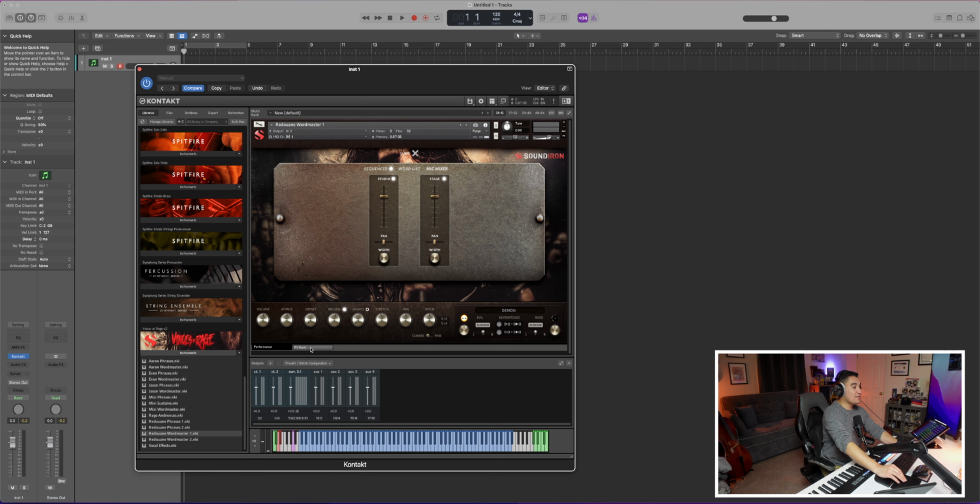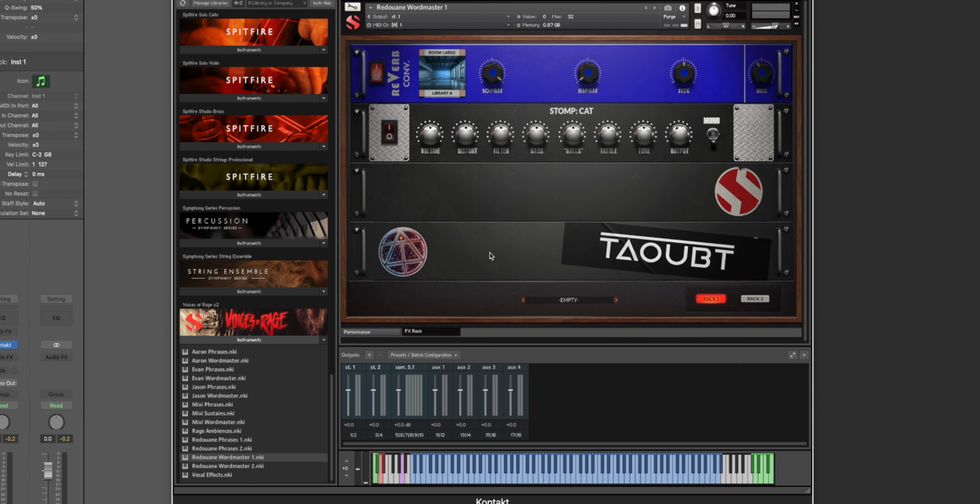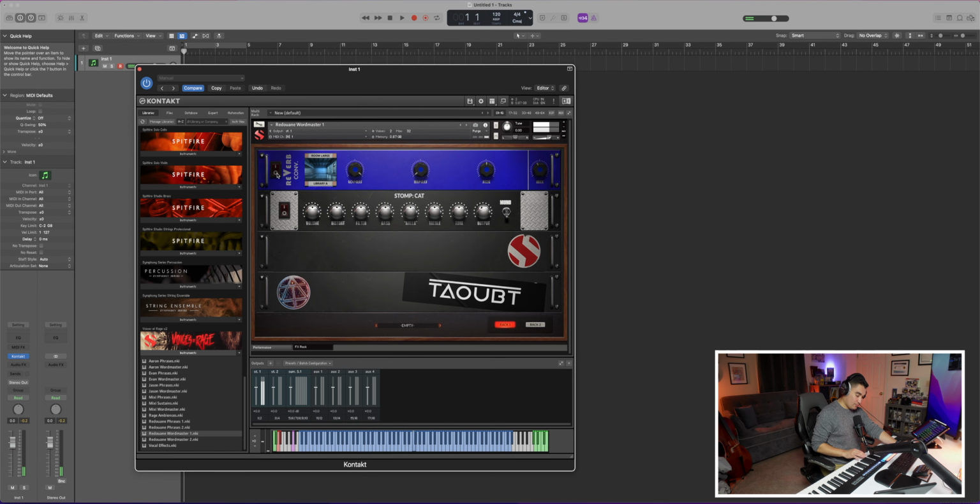And then the FX rack is going to be a different page altogether, but you can throw in a bunch of different effects that you want. By default, this is going to come with a reverb and a distortion. So this is what it sounds like without that reverb. Super dry sound. And then if we were to add some distortion and throw back the reverb,